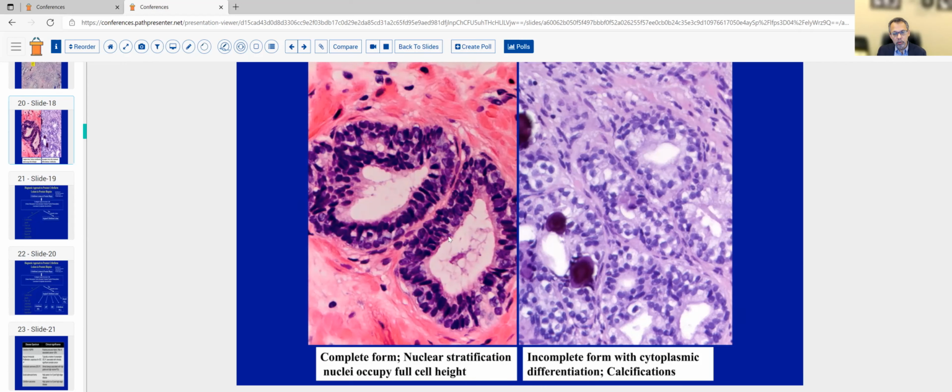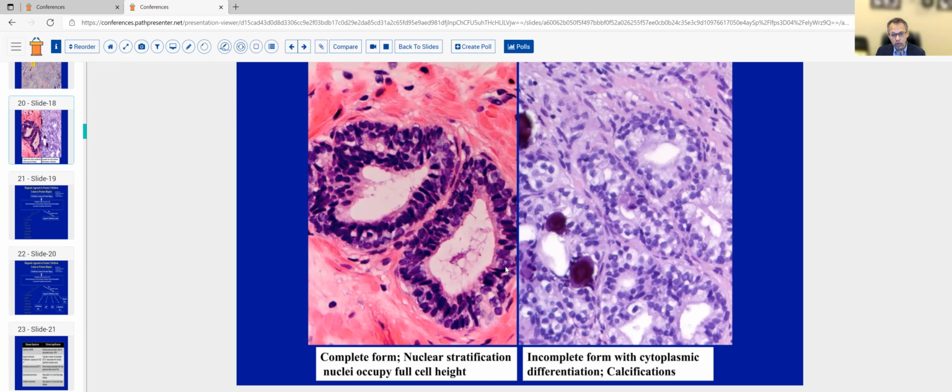Based on the degree of cytoplasmic differentiation, basal cell hyperplasia has also been divided into complete form and incomplete form. In complete form, practically there is not going to be any cytoplasmic differentiation. So nuclei occupy full cell height. Another helpful feature is the nuclei are typically ovoid and are packed in a pack of cigars type of pattern with very limited cytoplasm in between. Nuclei are ovoid and coffee bean-like. You may even see some grooves within them.